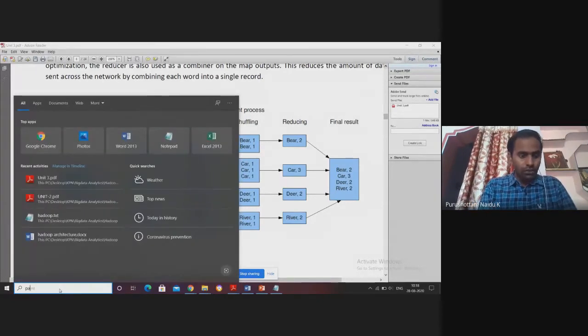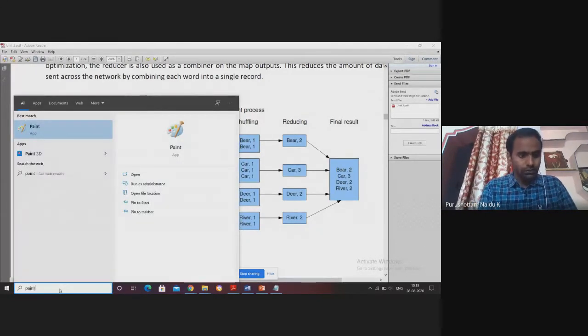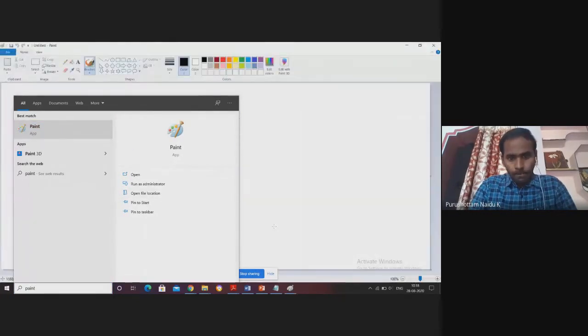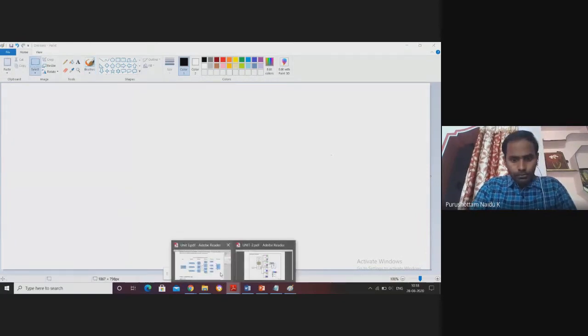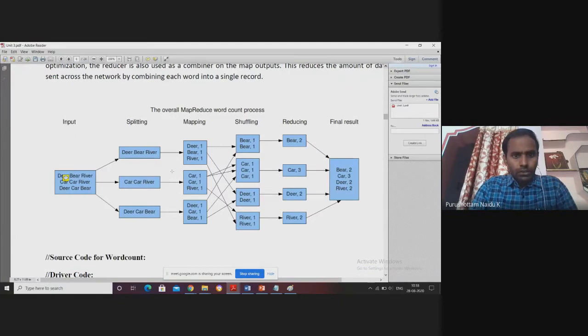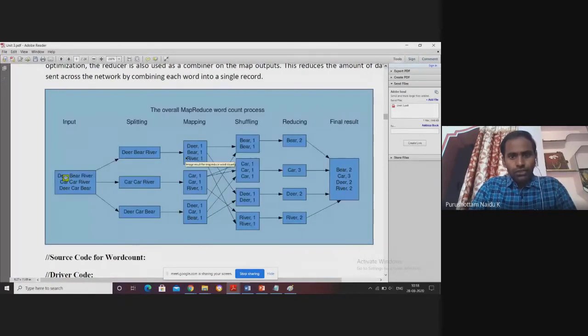Clear? So now this line is the input to one map function.